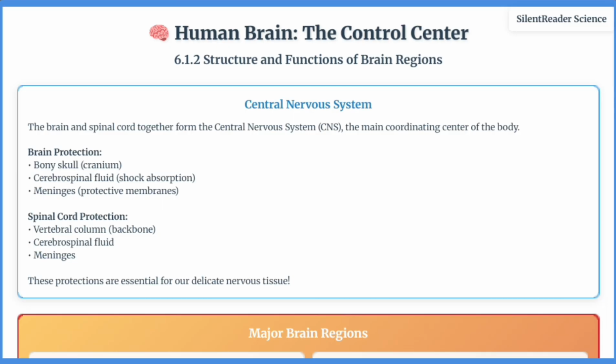The human brain is the most complex coordinating center, protected by the bony skull and cerebrospinal fluid. It has three main regions: the forebrain, midbrain, and hindbrain. The forebrain, particularly the cerebrum, is the main thinking part responsible for consciousness, memory, reasoning, and voluntary actions. It has sensory areas that receive information from receptors, motor areas that control voluntary movements, and association areas that interpret